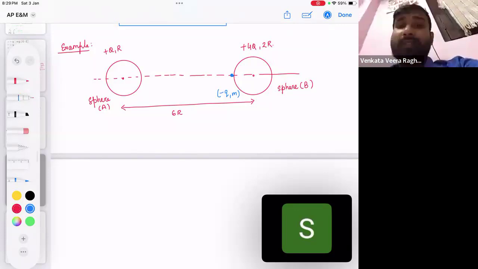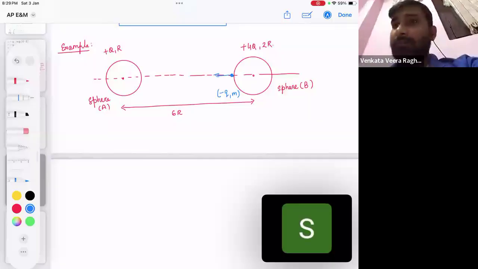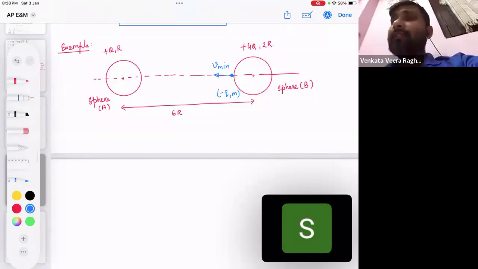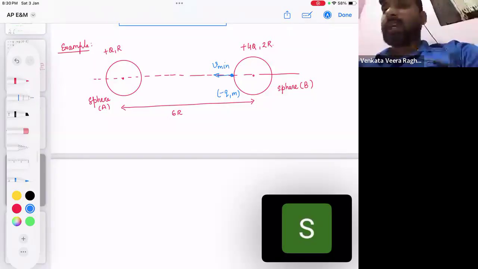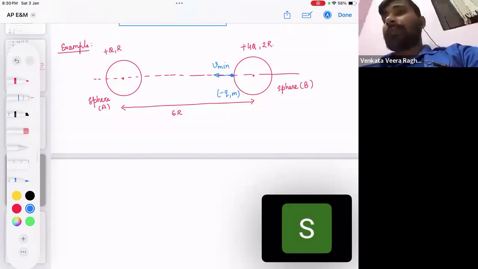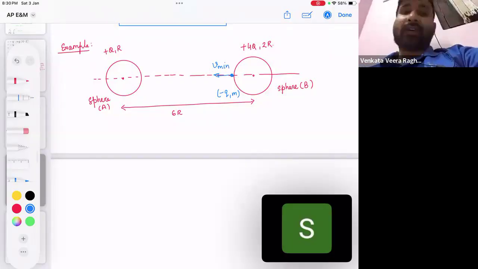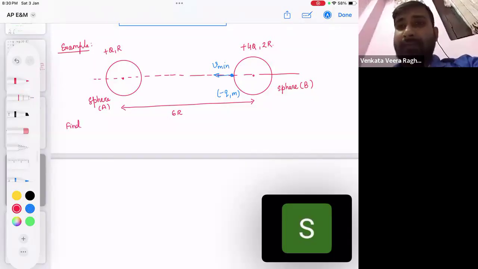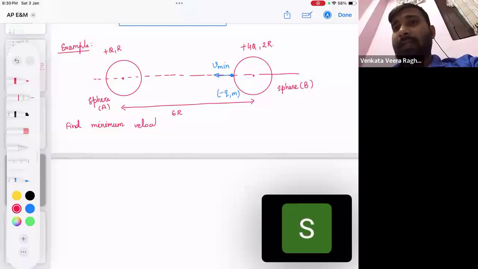So that means I need to give some initial velocity, so that if I give some minimum velocity, then it is possible for the charged particle to reach the other sphere. Understood or not? My question is, what is that minimum velocity required? Find the minimum velocity needed